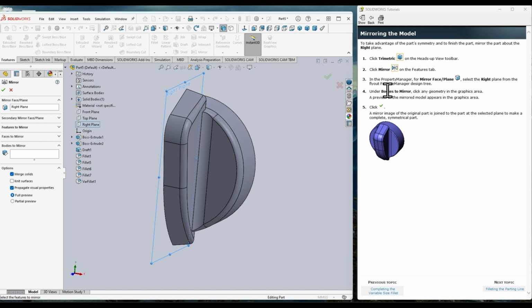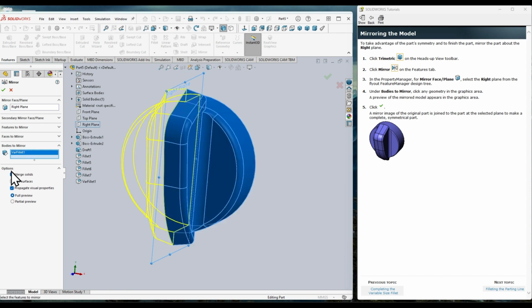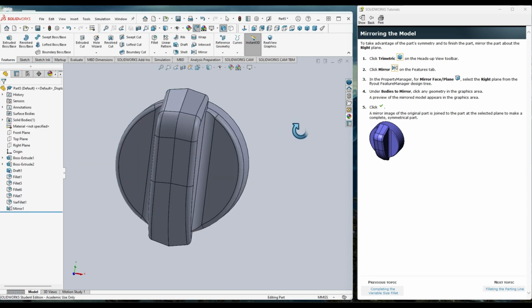button without doing anything. And in the property mirror, face, plane, the right flyout mirror, design tree, under bodies to mirror, any geometry. So we want to do bodies to mirror. There's lots of options. You could do features to mirror, secondary mirror face plane. I'm not even sure what that one does. Mirror face plane. So we only want to populate mirror face slash plane, which is the right plane. And then the bodies to mirror, we want to come in here and select that guy. So it'll actually do the whole copy there, and then when we hit check mark, we easily copied our entire